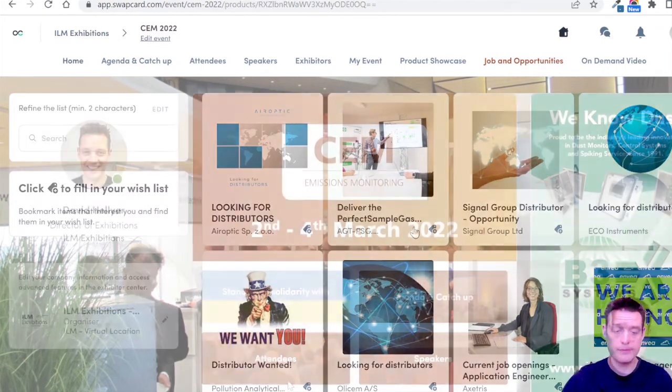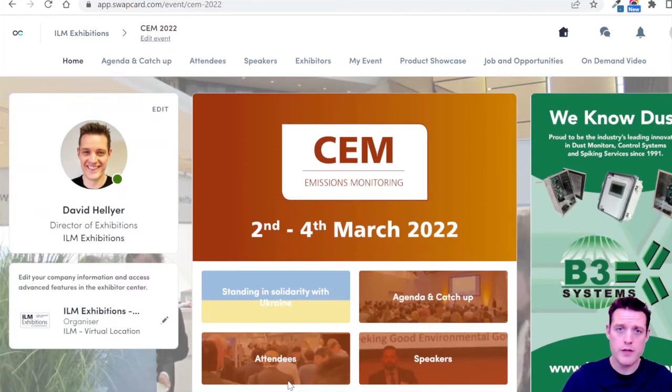And finally, one of my favorite features of this particular platform is that everything I've shown you here, we've obviously been demonstrating through a desktop browser, but it all works just as well, with exactly the same functionality, through the application. So you can download a mobile app for both Apple and Android, with the ability to reach out to attendees, do the video calls, send and receive connection requests. It all works in exactly the same way.